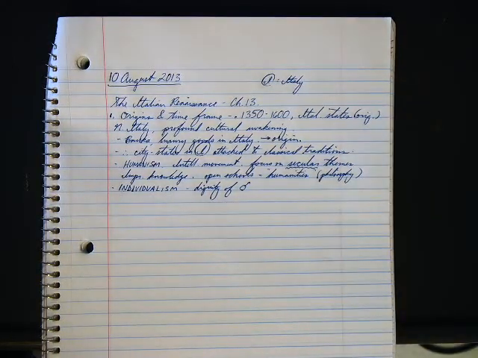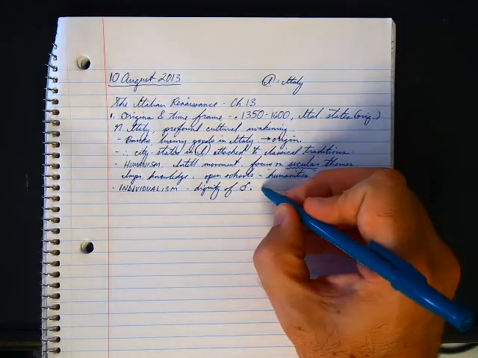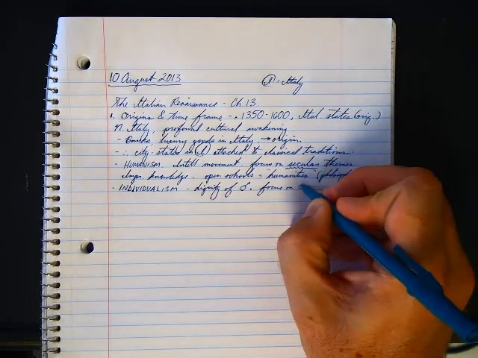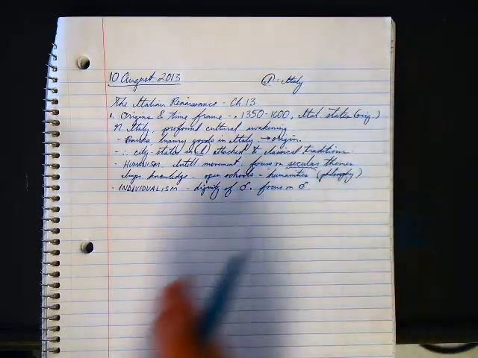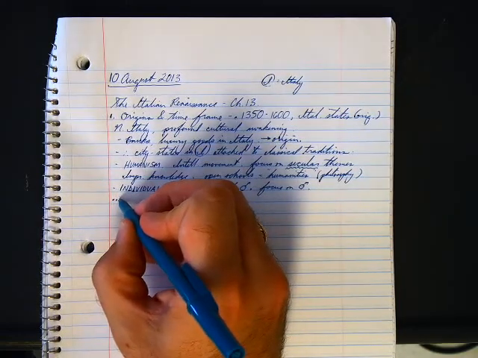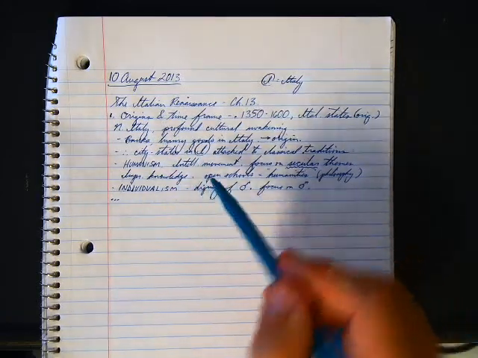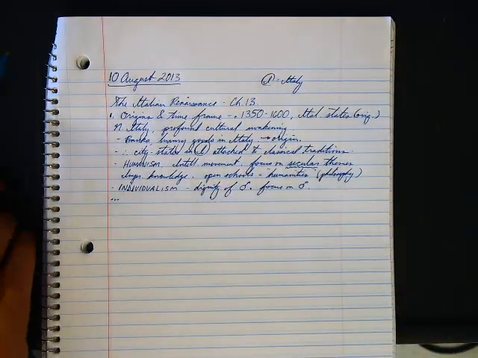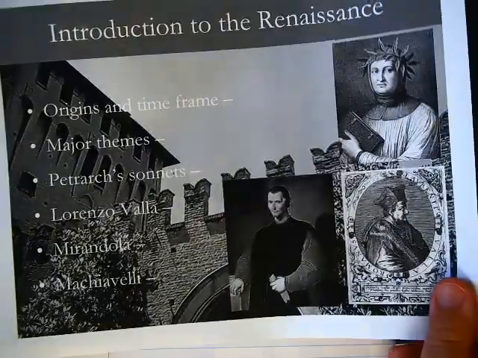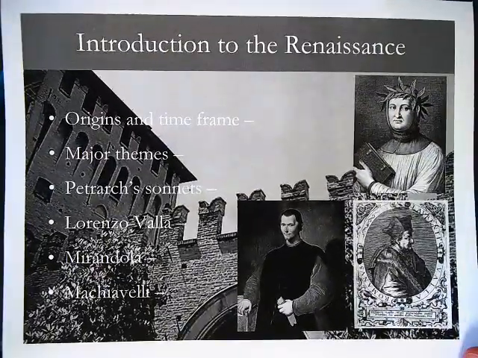And we might say something like individualism has a lot to do with the dignity of a person, focus on the person as opposed to, say, God, that was the focus of medieval times. Dignity of man, focus on man. And then I would stop and take questions, and you might skip a line here, wait for somebody to ask questions, and then add in anything you might have missed. But this is how it'll work, and then we'll go back to the slide and do the next two bullets